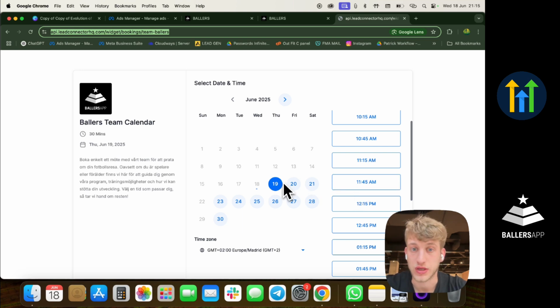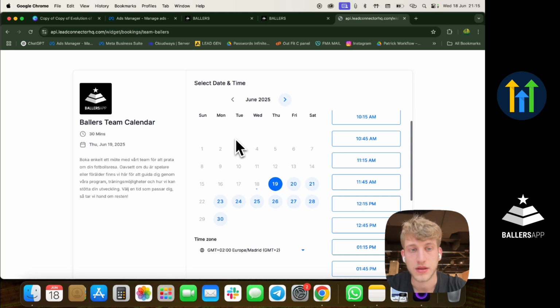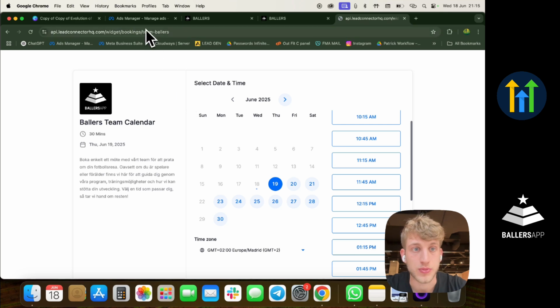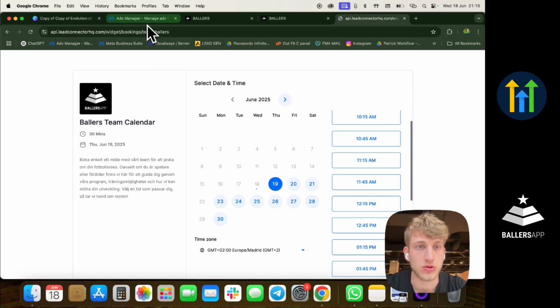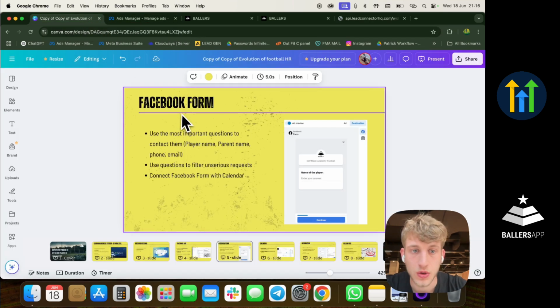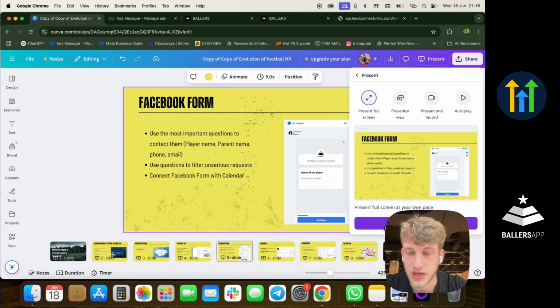So you don't have to actually have a communication over the phone, and everything happens automatically online without you having to interfere or anything. That's the idea. The idea is to save time, to make sure that the process is streamlined and that there is minimum intervention of you as an academy owner, of you as a staff member of the academy, within the process of getting new players enrolled to the academy. So if we go back to the presentation,